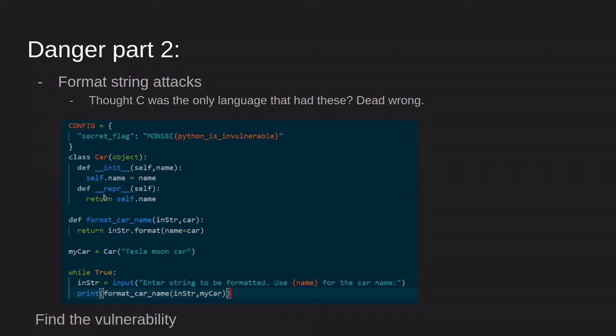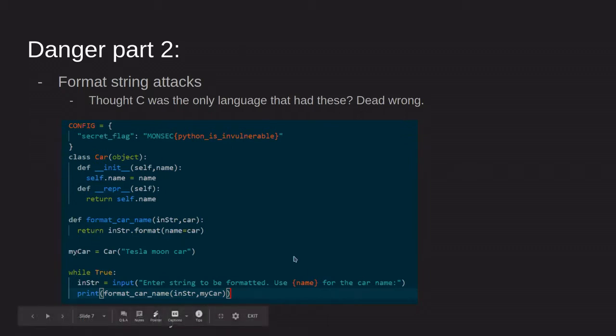This dunder repr function is what happens when it gets evaluated into a string. So if you did print of a car object, it would return self.name, which is whatever name it's been initialized with. It's got this format_car_name function, which takes a string and formats it with name equals the car that's passed in. All right, cool.